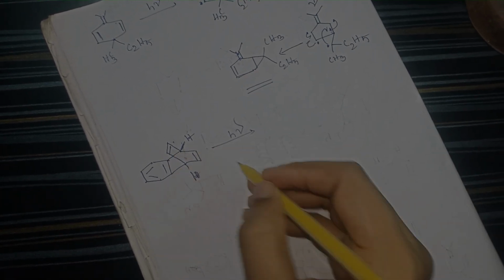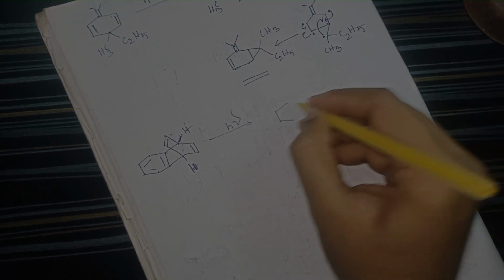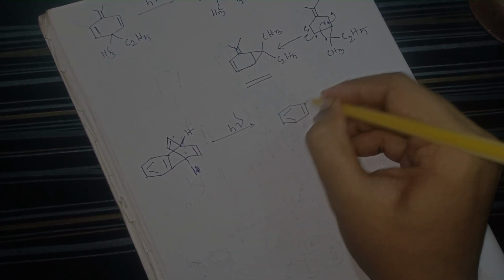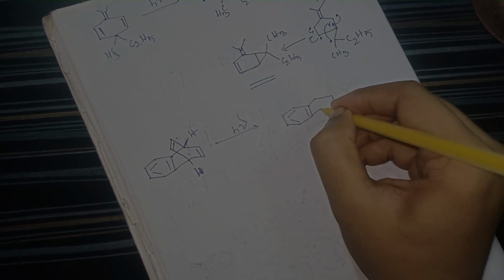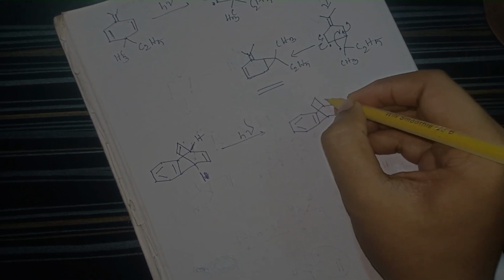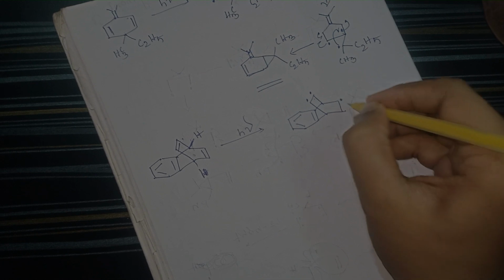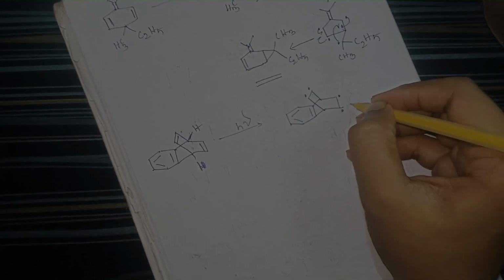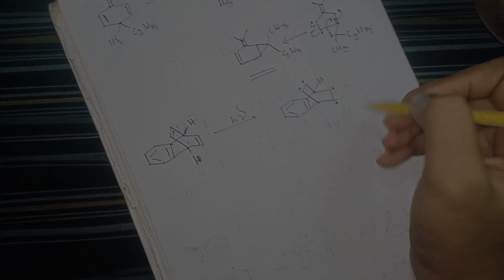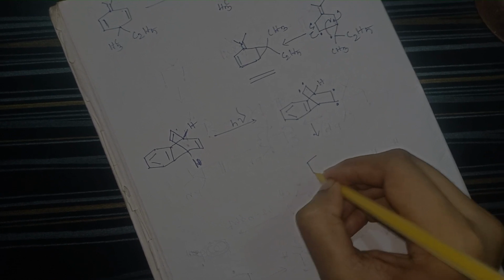If this double bond breaks into a radical, then here you can say a 1,2 hydrogen will shift. If the 1,2 hydrogen shifts, the product is